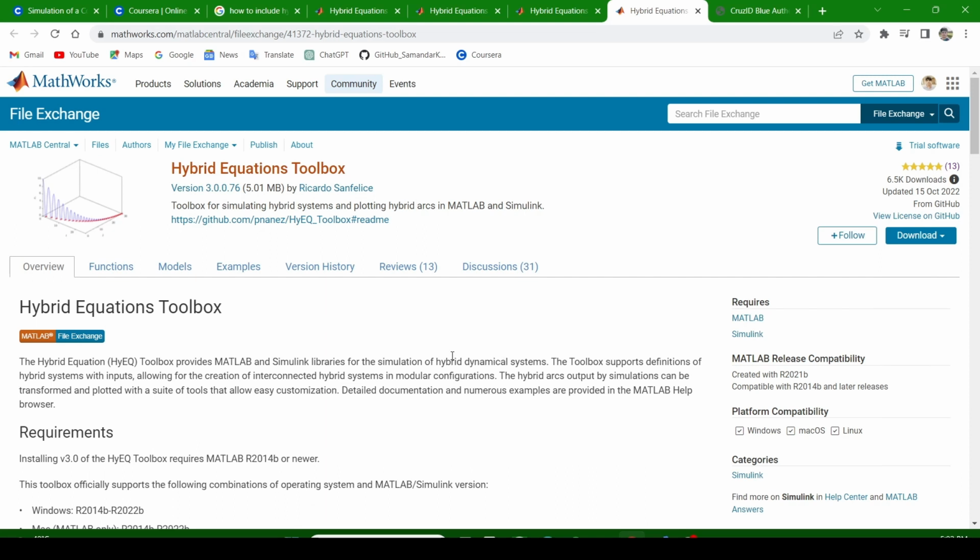Hello, Assalamu alaikum. Today we will learn how to download the Hybrid Equations Toolbox and how to include this toolbox in